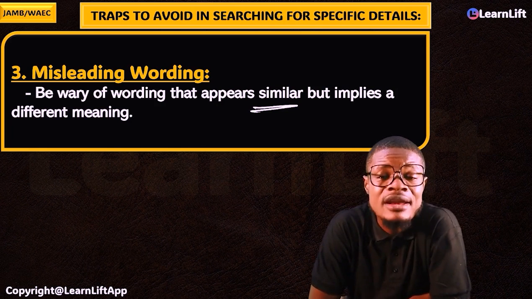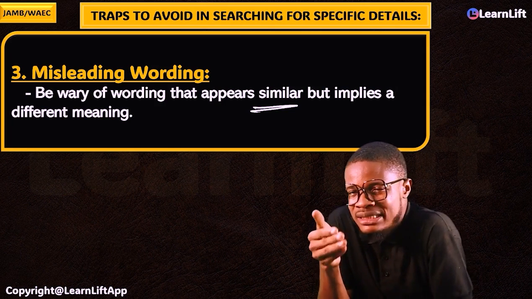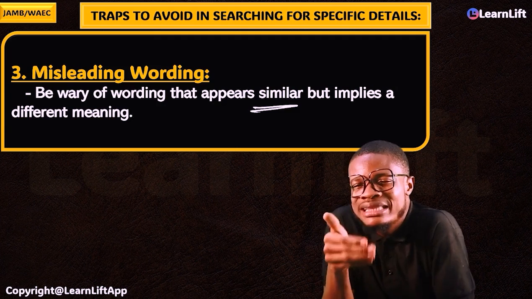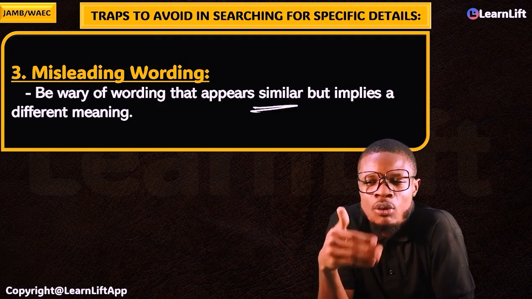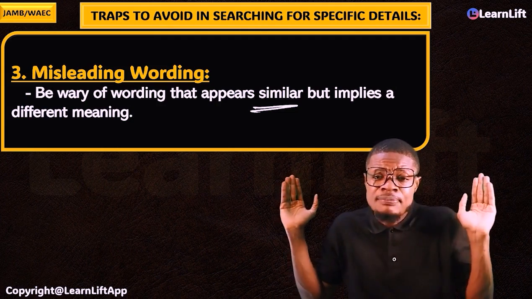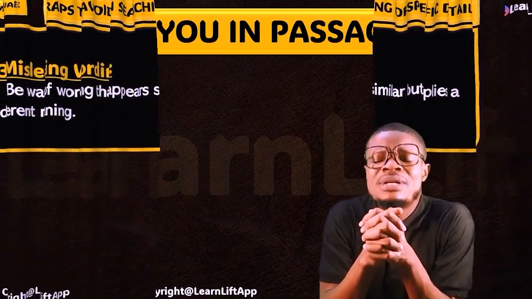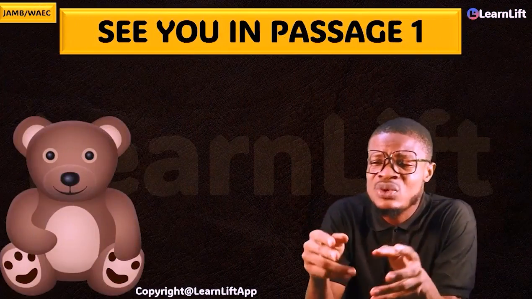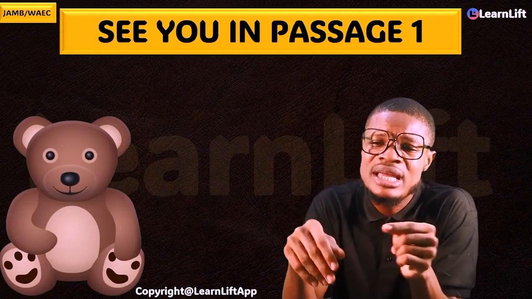Be very careful. As we proceed together, in the subsequent passages now, I'm going to be showing you the things that result in failure, why people fail this type under comprehension. But they are very, very simple, guys. Guess what? I'll see you in the next class, where we're going to start with our passage 1. We're going to read the passage together carefully, and then we'll start answering questions together.